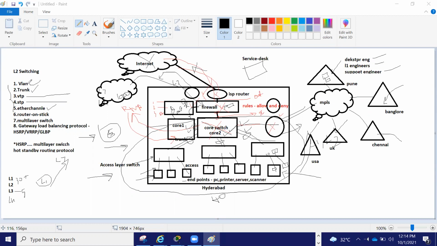I will give you pen and paper, and you need to explain on the board. Whatever topics we learned: VLAN, trunk, VTP, STP, EtherChannel, router on a stick, multilayer switch, HSRP, this is called gateway level load balancing. Then also some LAN, some TCP/IP stuff, whatever I have taught you so far, even servers also.